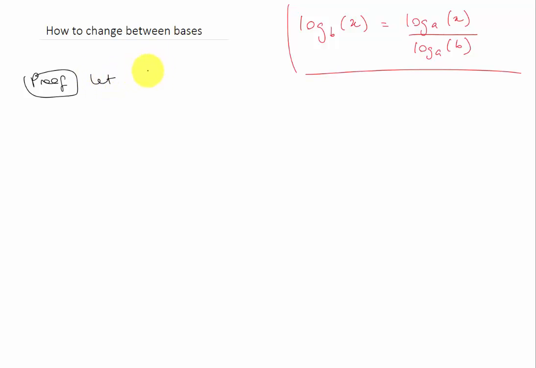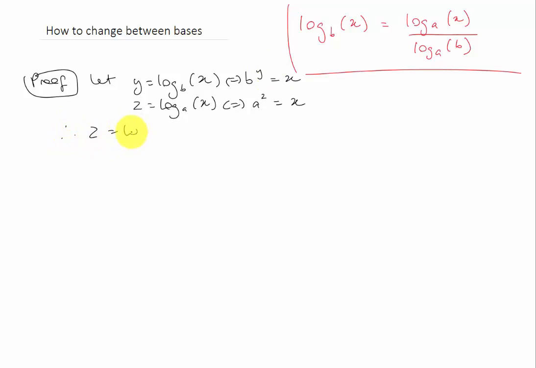So what we're going to do is let y be equal to log in base b of x, which is equivalent to saying that b to the power y is equal to x, and also we're going to let z be equal to log in base a of x, which is equivalent to saying that a to the power z is equal to x. Okay, so therefore z is equal to log in base a of b to the power y,